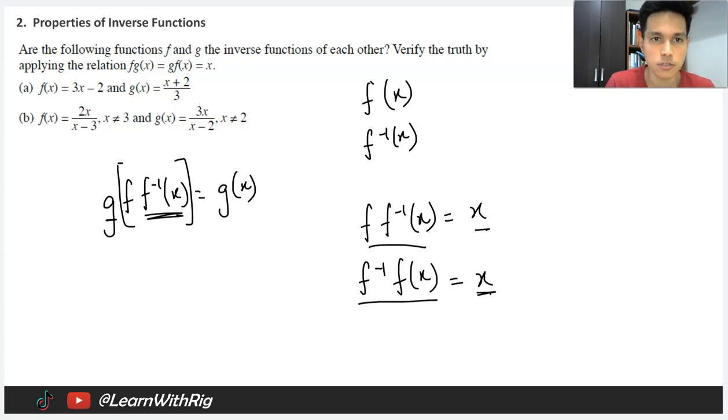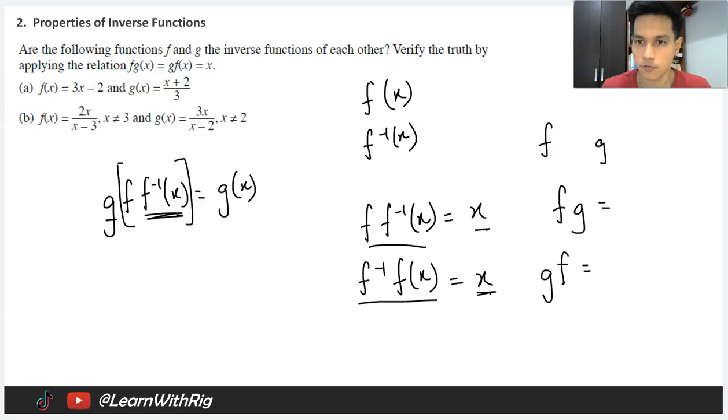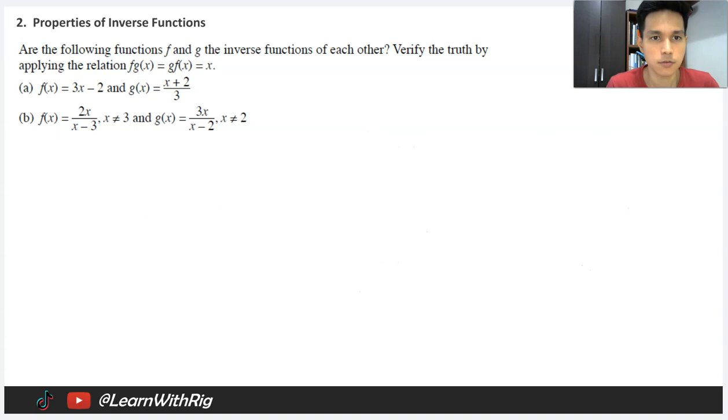So from this question, what they're asking is, are f and g the inverse of each other? If f is the inverse of g, then you can say that g(f) or f(g) will give you the answer x. That is why they ask you to fulfill this. You have to check whether it fulfills this condition. If it fulfills, that means f(x) and g(x) are actually inverse of each other. Alright, so let us check. So the first part, a,